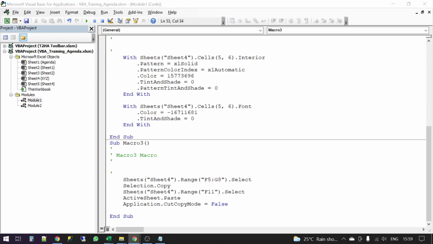Puneet is asking, how do we have undo option in macro? There is no undo option in macro, my friend. There's only one undo option, which I always follow. If I have to run some code which I'm not sure of, what I do is I first save my file. Then I run the code. Once I've run the code and I've messed up the sheet, the file, I just close the file and I don't save changes and I reopen it.